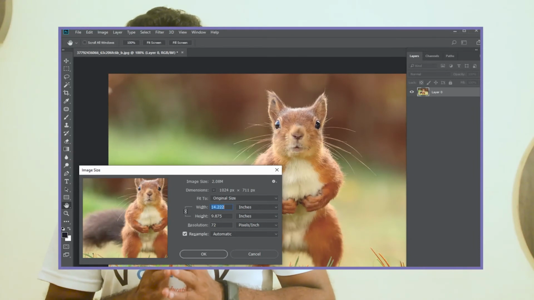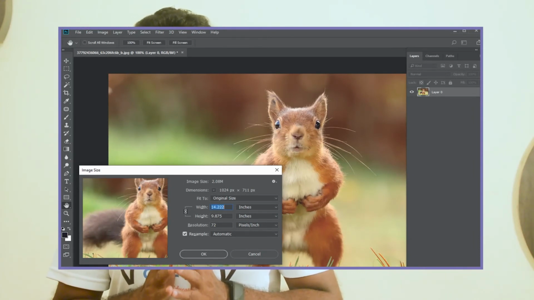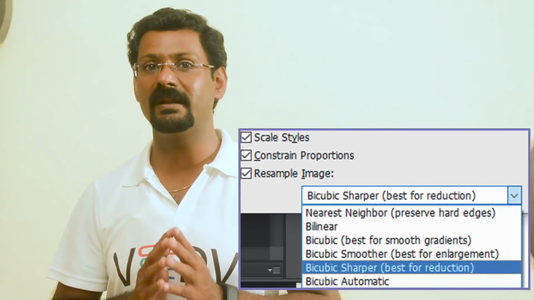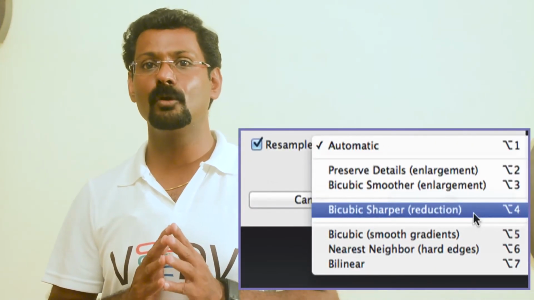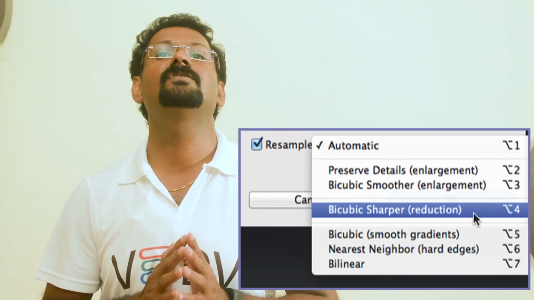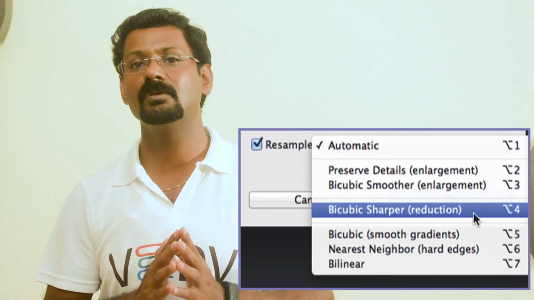Number 2. Type the desired dimension of the new image. When you enter the new image width, the height should be adjusted automatically to maintain the original aspect ratio. Number 3. Click OK. The image will resize. If there is no automatic option available, from the resample menu, we recommend choosing one of the bicubic resizing modes, which will give you the best result for most situations.